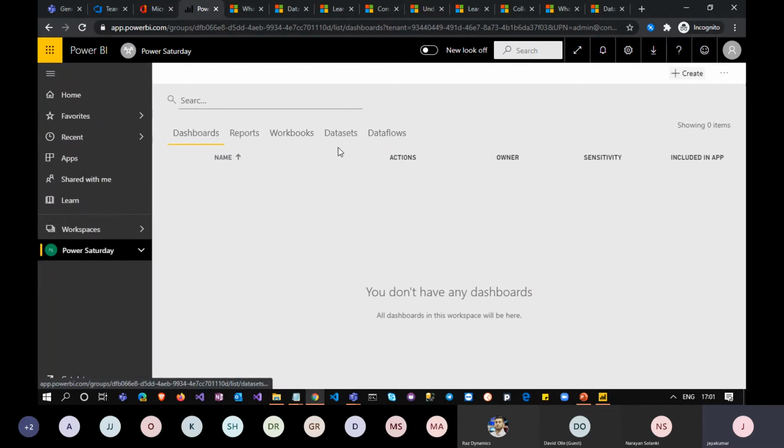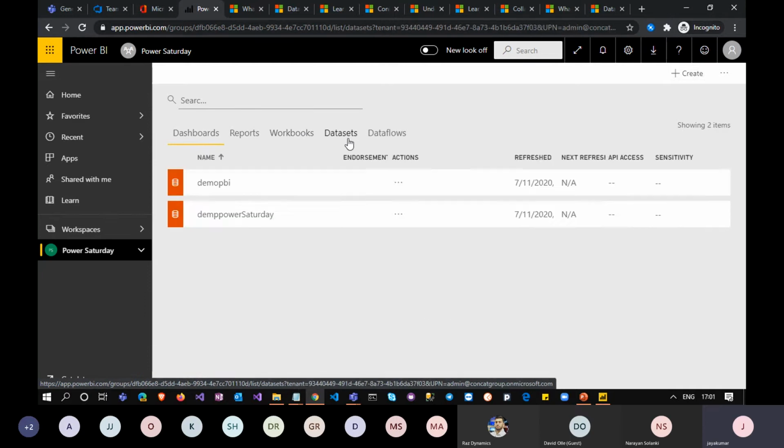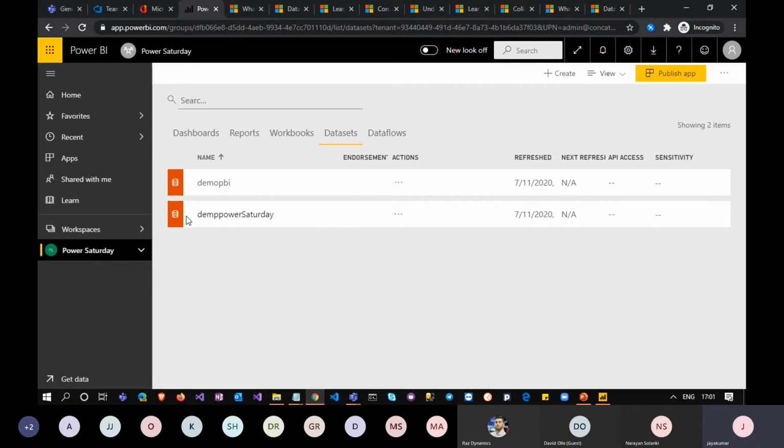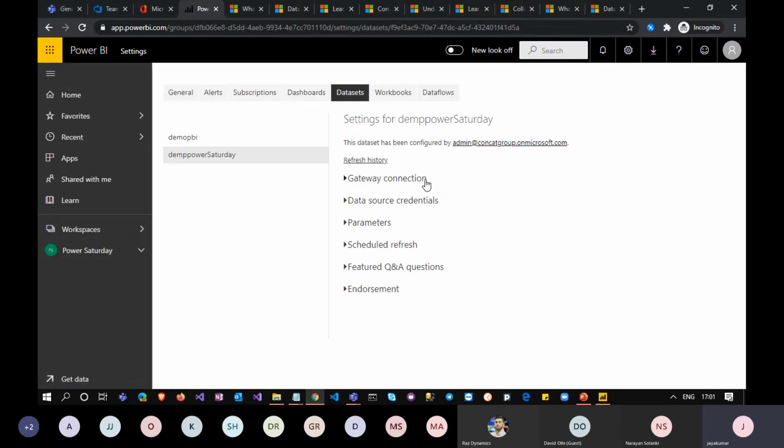If you open your workspace and go to the datasets, you should be able to see your settings. We can configure the data refresh for each and every dataset, because everything is a different report, right?